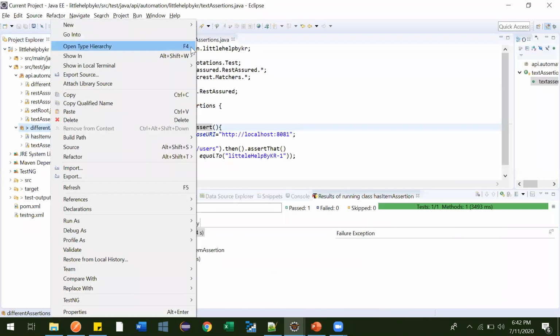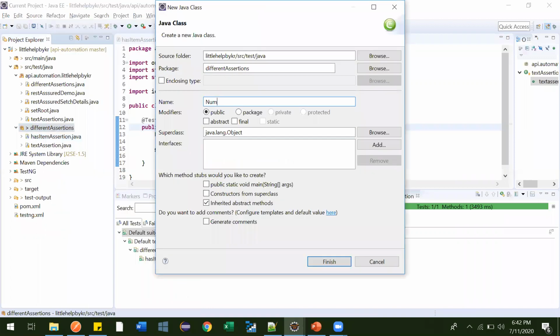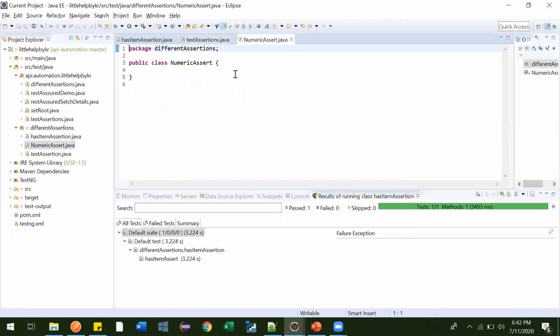So here, right click, create one class file, and give it a name like NumericAssert. Perfect. Now add the root test, public void test.